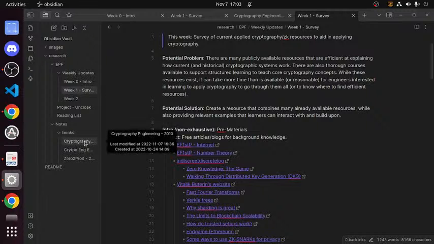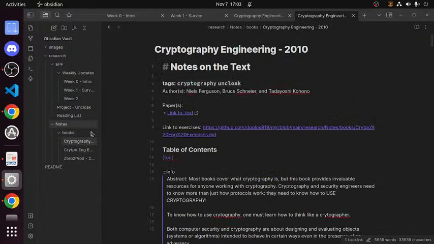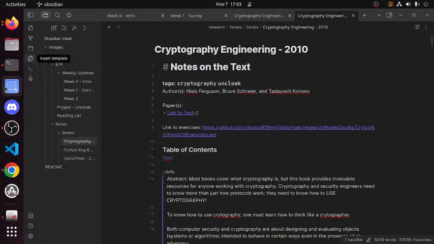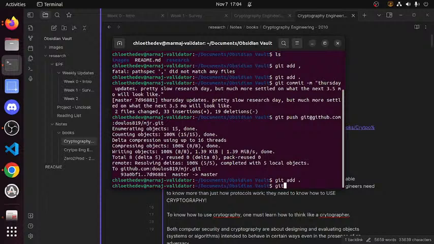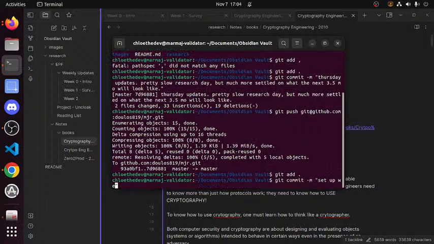And even in these crypto engineering notes. Okay, let's see. So yeah, I'm starting to fill it with project doc, and I have week 2 notes kind of going.